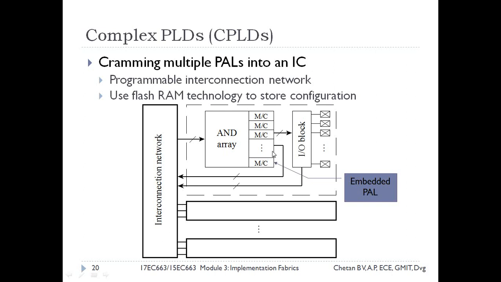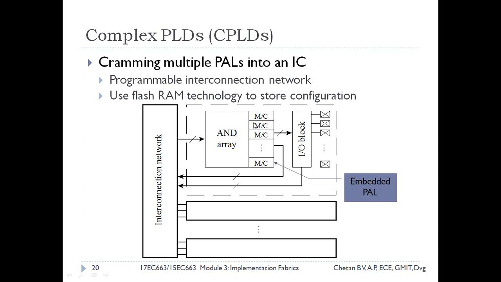Each PAL will have the same structure as we have discussed for PAL 16L8. It will have an AND gate array, which is nothing but a grid of horizontal and vertical lines, where each vertical line represents the literal and also the complement of the literal, whereas each horizontal line represents a product term.